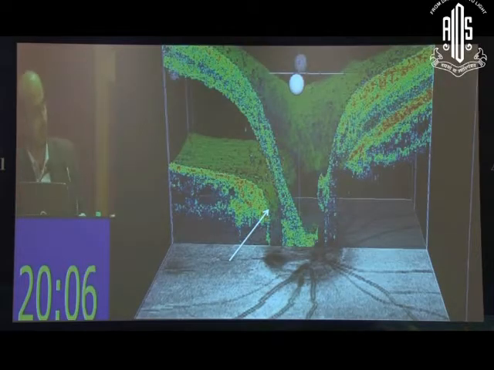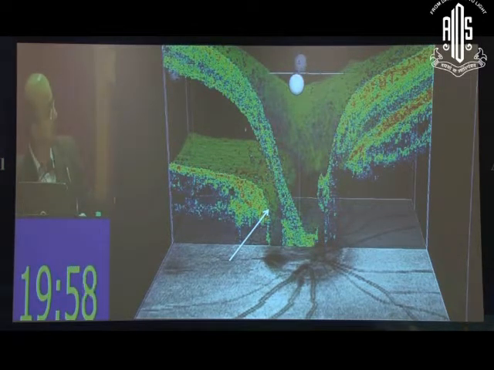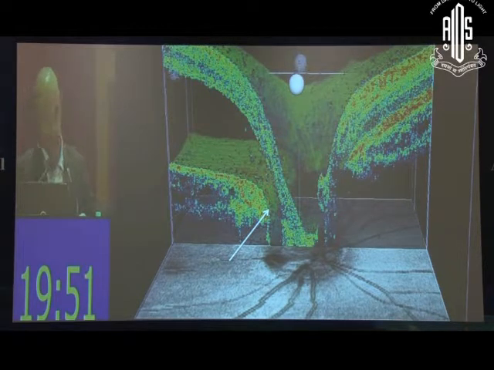Another interesting patient, you can see that there is a collection of the fluid here, and you can see something happening at the margin of the optic disc, and it is obviously an optic disc pit. So what OCT tells us here is that there is a connection of the fluid between the optic nerve and the macula, and the whole debate about where exactly this fluid comes from, whether it comes from the vitreous or whether it comes from the CSF, but definitely there is a connection of the fluid in the macular area and to the optic disc pit.